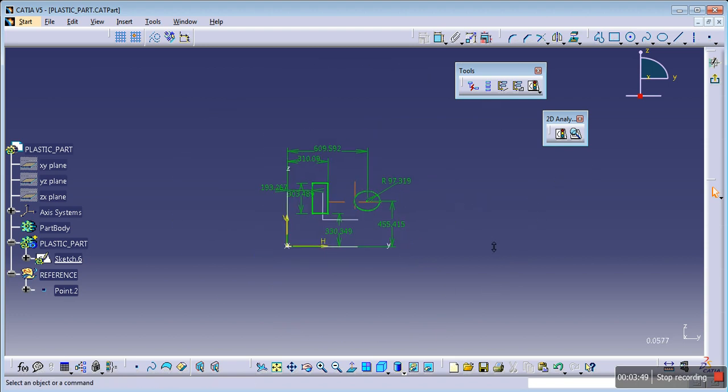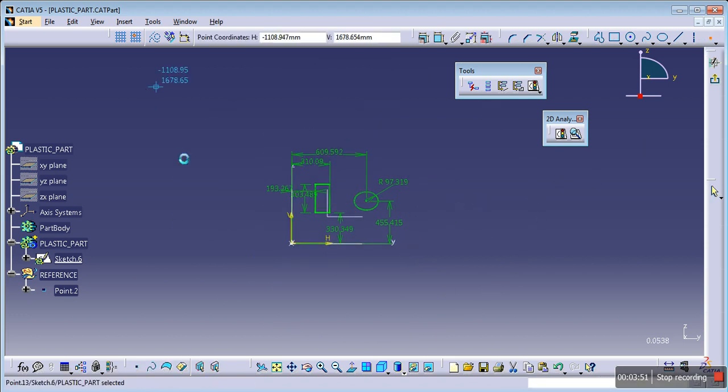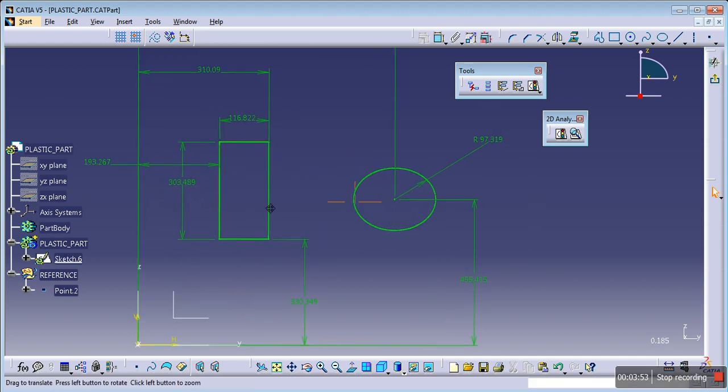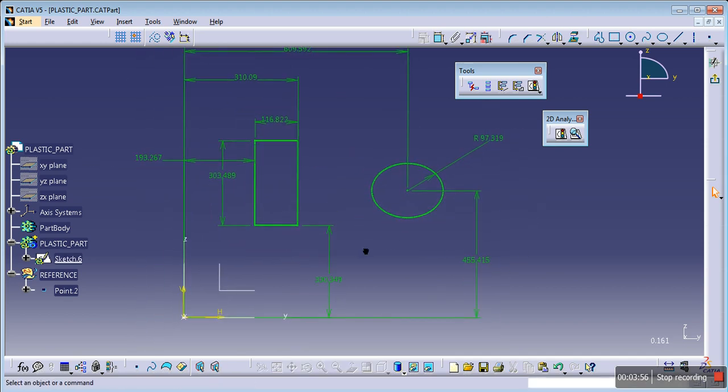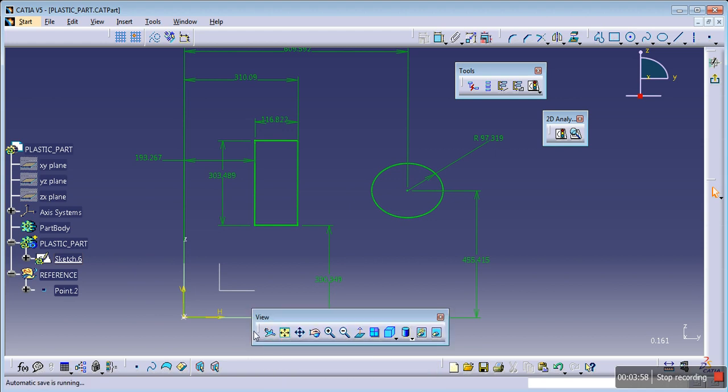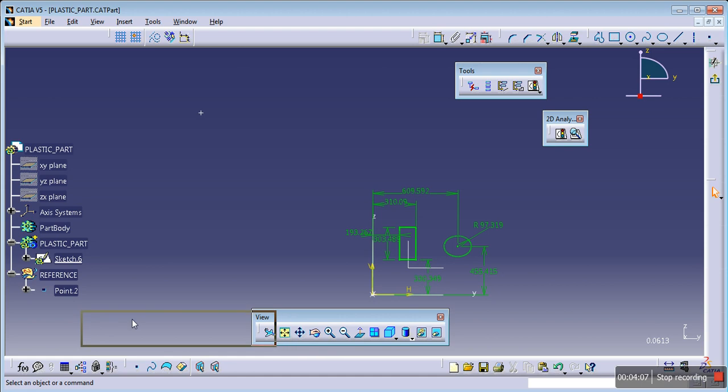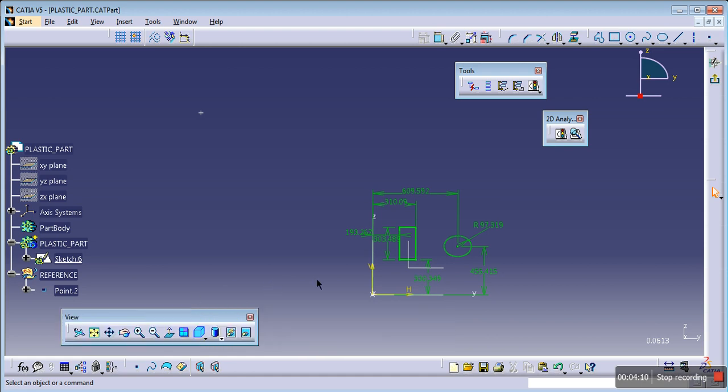So another option you can use is this. There is another point I placed now. Go to the view toolbar. In the view toolbar, there is one beautiful option called fit in all. When you click on the fit in all option, the workspace shows the sketch which is in your view, right? So this is how you can identify the point.